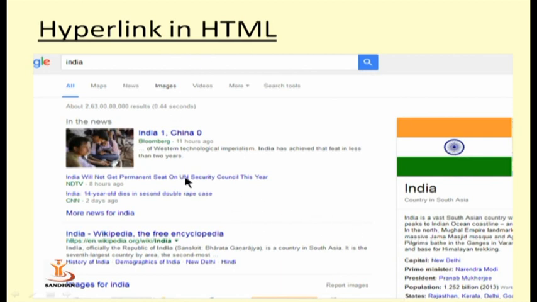So in any of the links, everywhere you are seeing hyperlinks. Not only with results, here also, all results are coming. If you want India to be resulted with the news portion only, I am able to click over here. If I want some images to appear for this India keyword, I am able to click over here. So in any website, when you are clicking somewhere, and you are moving from one page to another page, or from one result to another result, you are actually using a hyperlink. So what is a hyperlink? We are going to understand hyperlink.